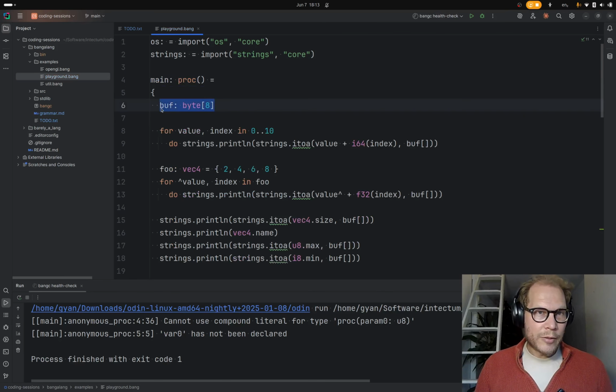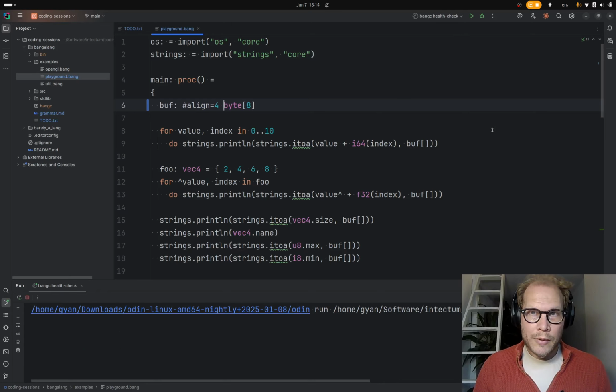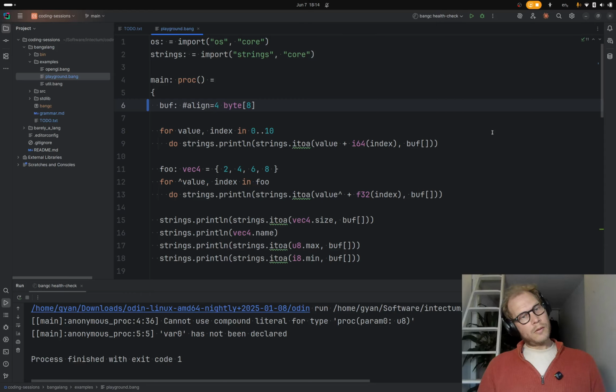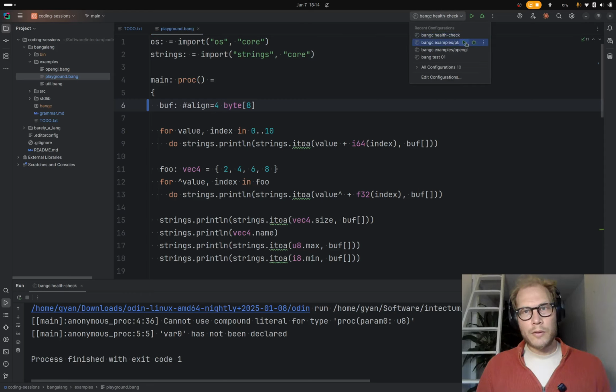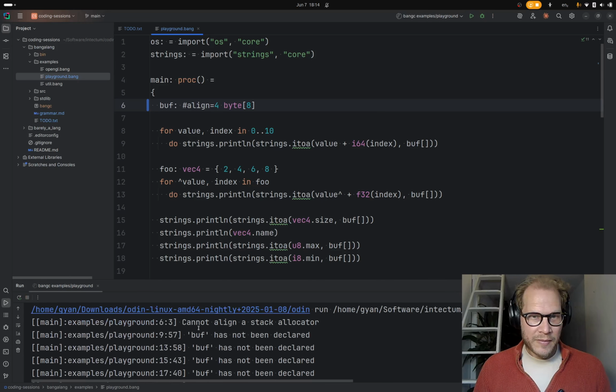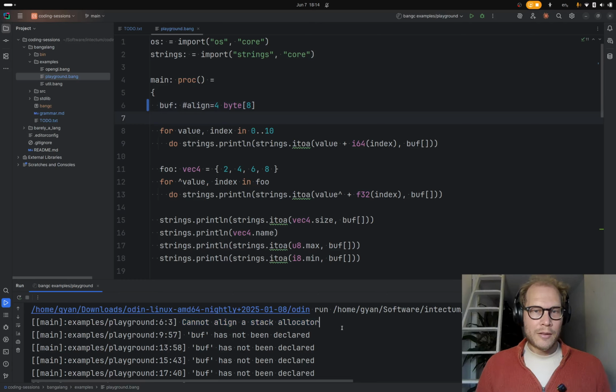But this is a stack variable, so if I go hash align equals 4, oh, that's doing a health check. Cannot align a stack allocator. That actually doesn't sound very good.